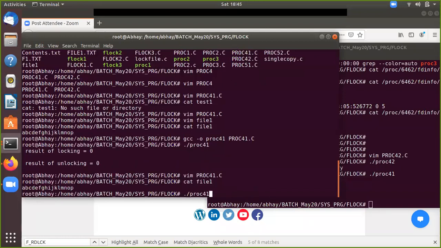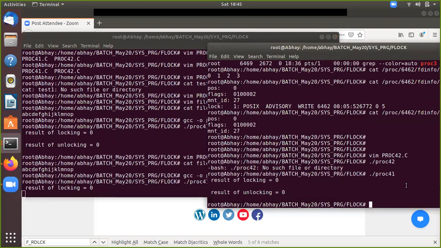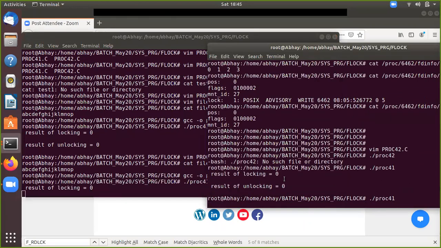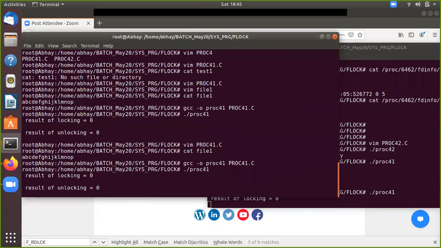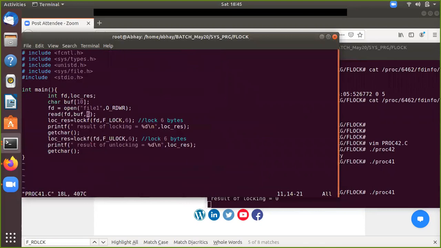Now, again I will run this proc41. Now let's go to the program. So, you are locking from which place?